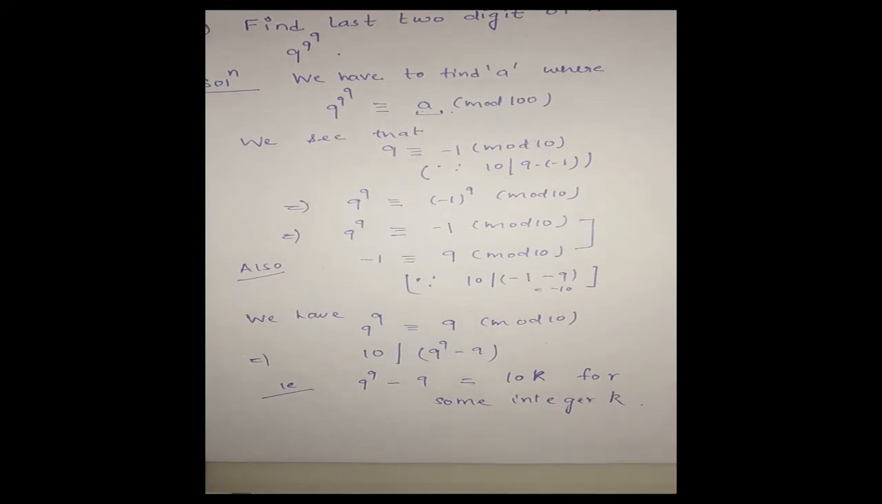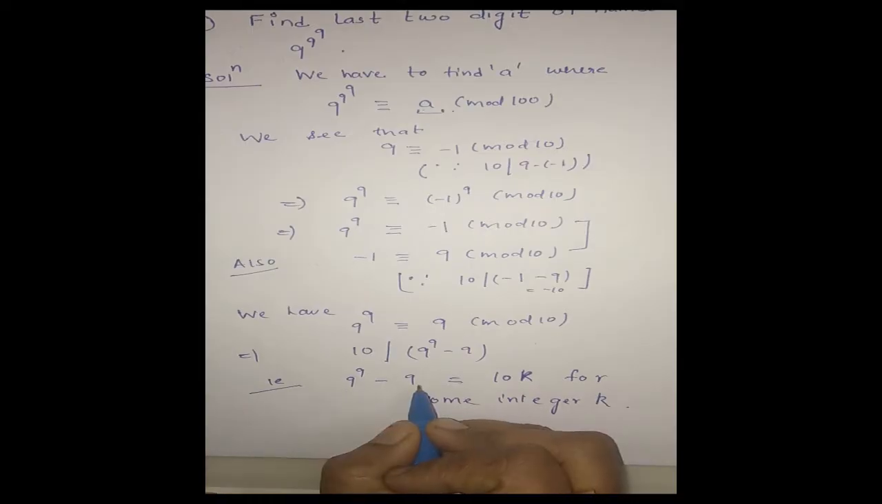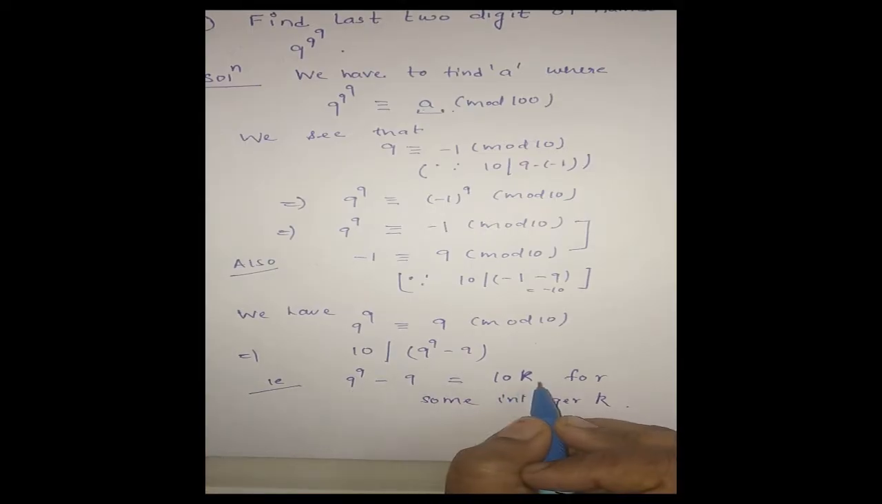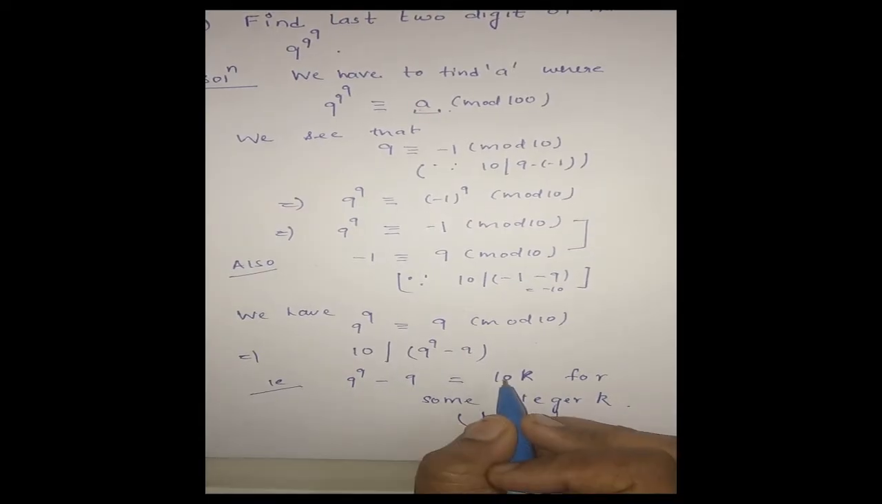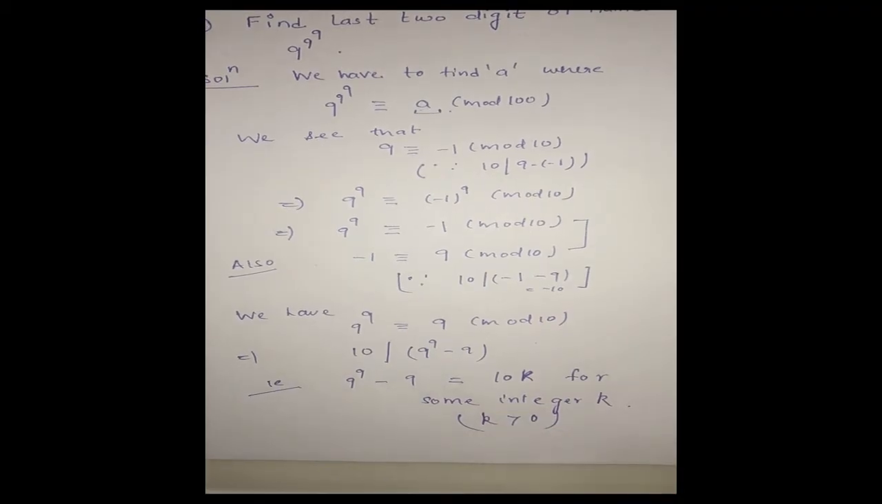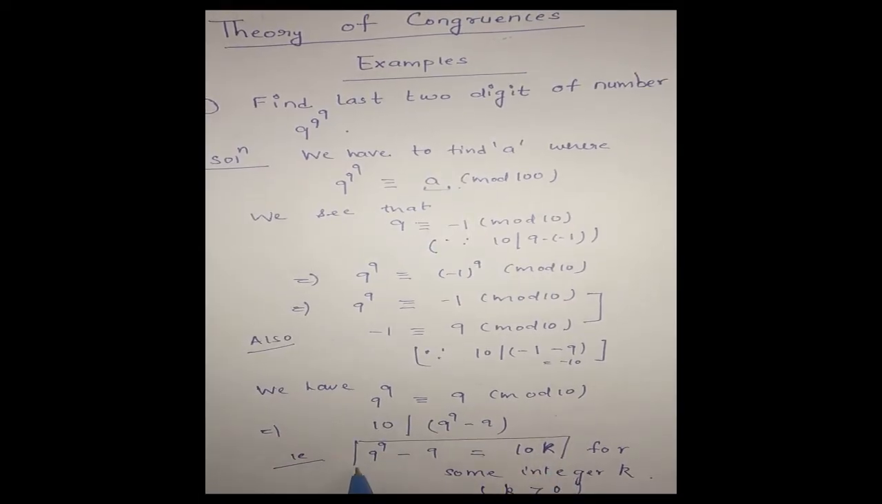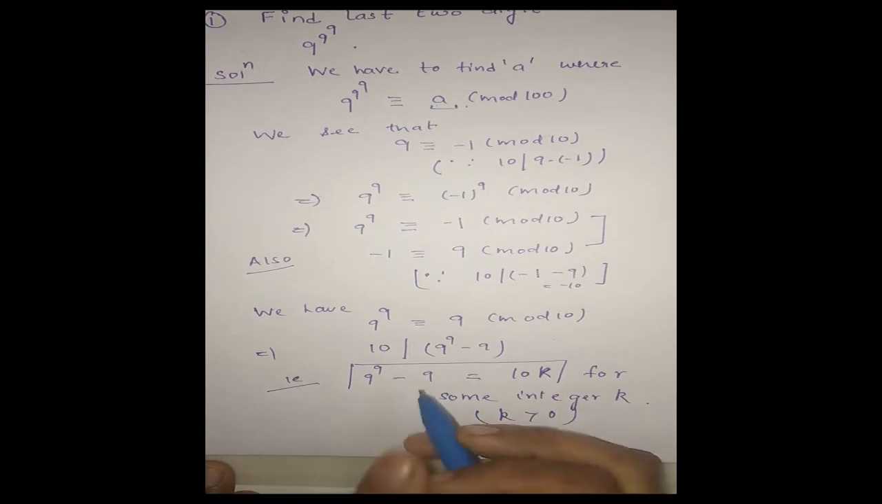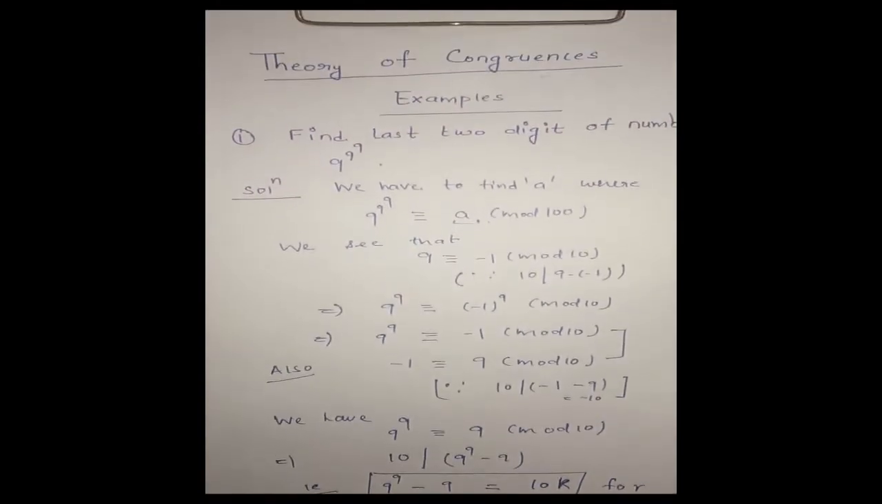k. Okay, now since this left hand side is positive, clearly this is positive, therefore the right hand side will be positive, and this will imply k is positive. Since the left hand side is positive, the right hand side is also positive, therefore this integer k is positive. Clear? Now from 9 power 9 minus 9 is equal to 10 into k, we can write